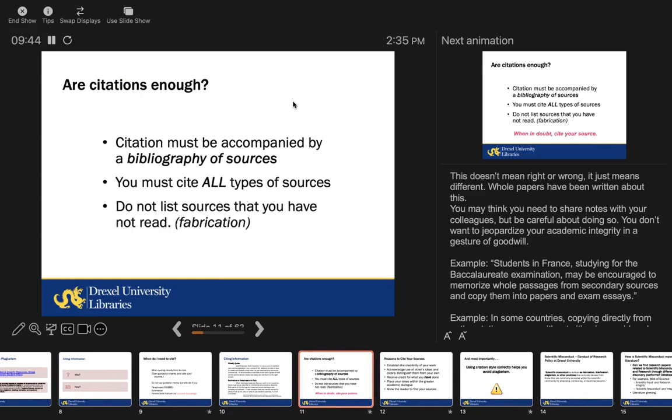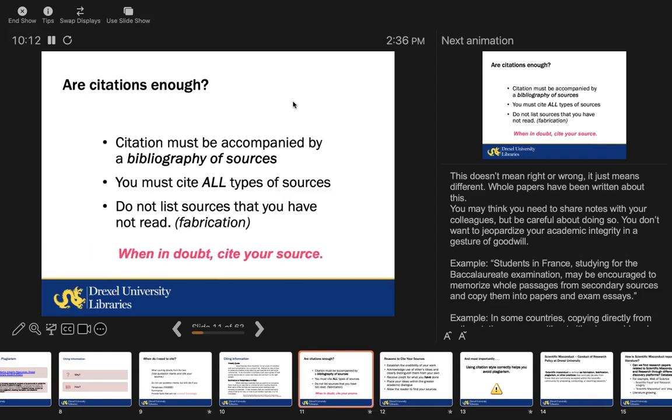You must cite all types of sources. If you are using a book or website, or even if you're working on a collaborative project in which you have interviewed somebody from a corporation, an expert from a company, you need to include that reference. And we have many citation tools like EndNote and Zotero; all of them have fields where you can cite an interview with a particular expert.